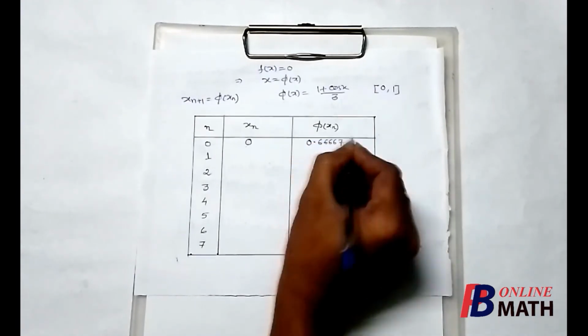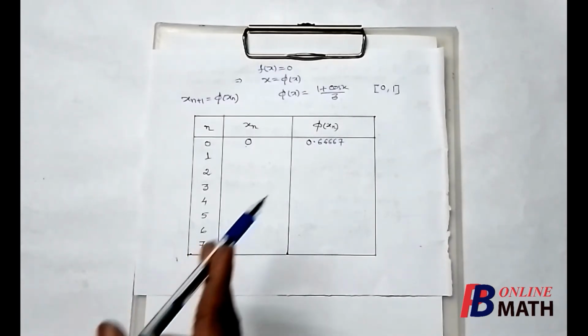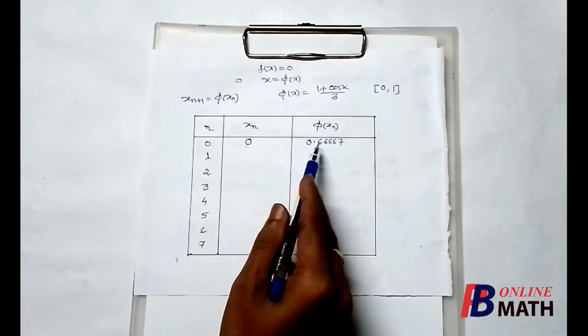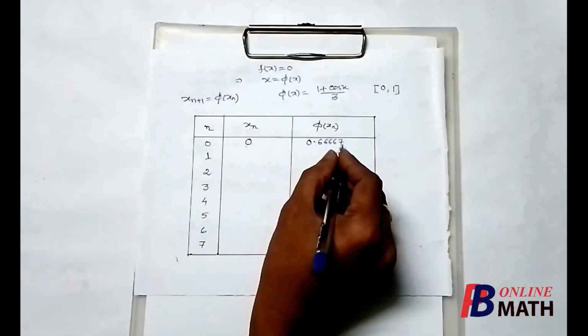0.66667. Now since in the question it is given that we have to find the root correct up to 4 decimal places, for that we shall compute the values taking 5 decimal places. So this is phi(xn). Now in the next step we shall use this value as xn. So it is